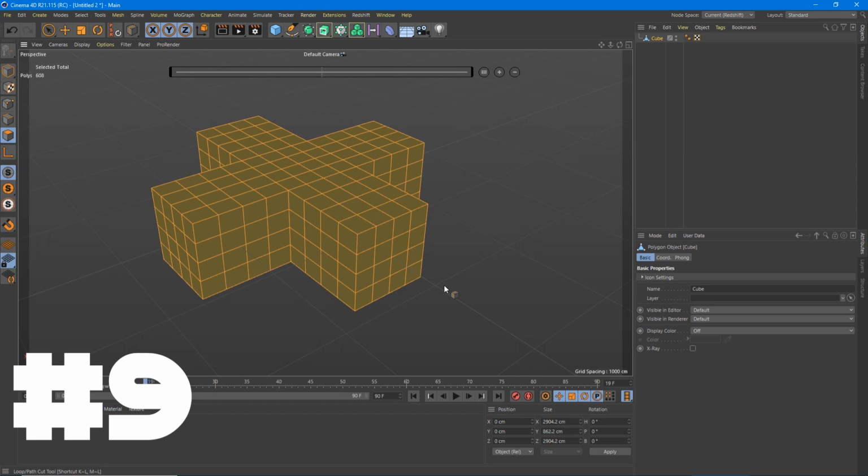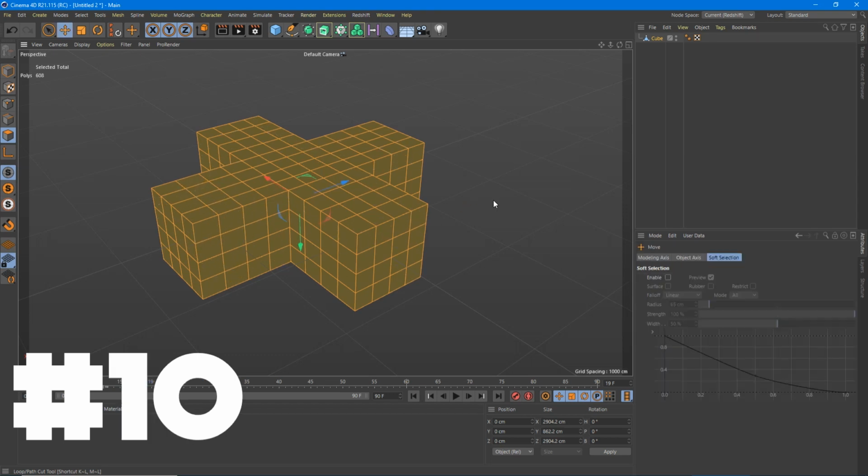Like, okay, finally I can add geometry evenly without having to manually do it and without losing the shape that I've already created. It's really good with custom objects and a good way to do it along anything that you don't want to affect the shape of, you just want to add more geometry to.